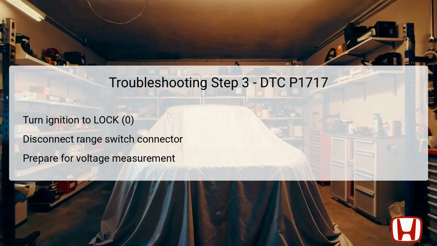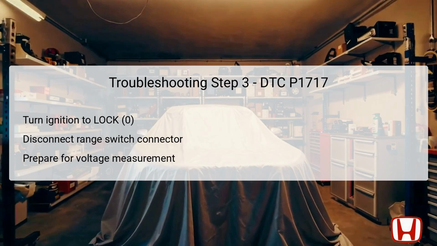Once disconnected, the ignition is once again turned to the on position, 2, preparing for the upcoming voltage measurement. This step is vital for assessing the voltage output from the transmission range switch connector directly. Accurate measurements will help in confirming whether the issue stems from an electrical fault or a component malfunction. Ensuring that proper safety precautions are followed during this process is essential to avoid any electrical shorts or further complications